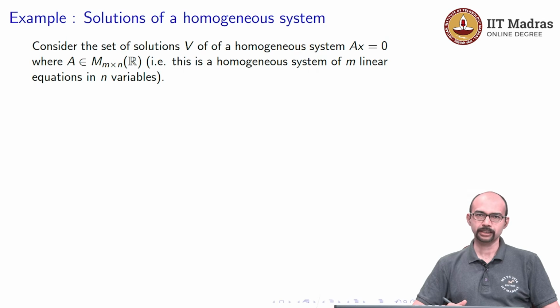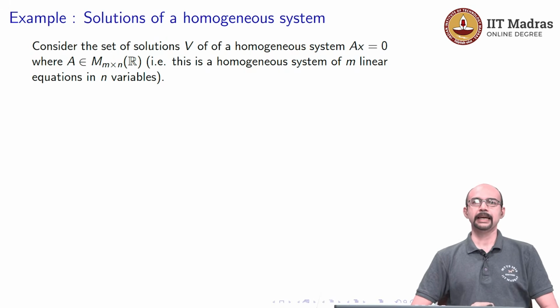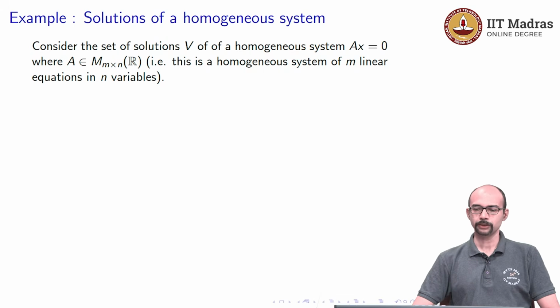Okay. Another example is if you take solutions of a homogeneous system. So, we have seen systems of linear equations, and we have seen what a homogeneous system is. A homogeneous system looks like Ax equals 0, and the solutions are exactly those vectors x such that this is satisfied. Okay. So, let us look at this set. Consider a set of solutions V. We are going to denote by V the set of solutions of a homogeneous system Ax equals 0,